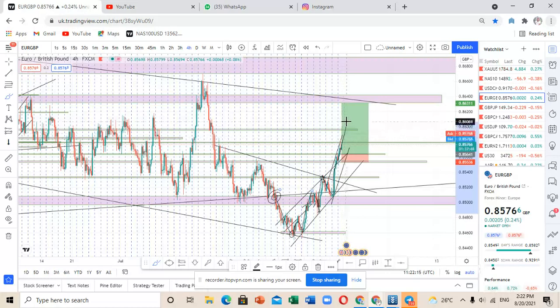So currently I'm expecting that the markets are going to move up to these levels that are here before they can have a retest to this point of support here, so that they can move on to the upside, so that you can have a creation of a particular pattern in between that point. So I hope that was clear. So let me just reduce this analysis so that you can have a clear view as we'll be moving on to the hourly time frame.